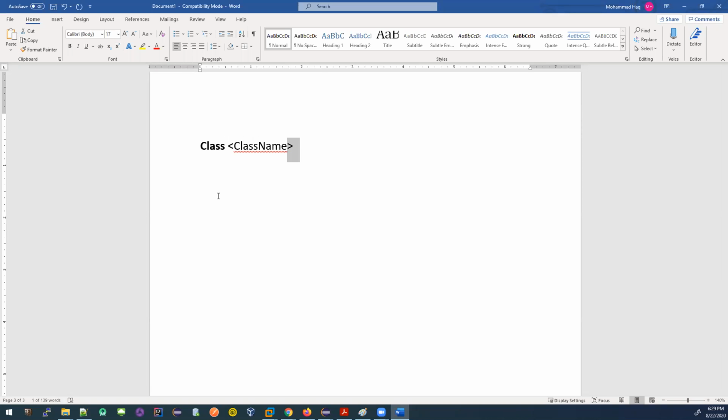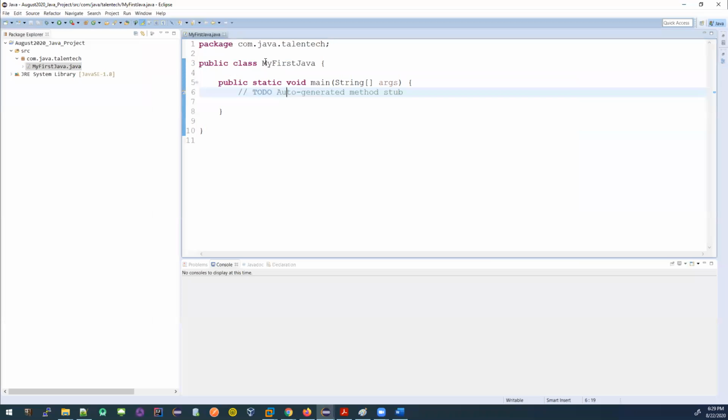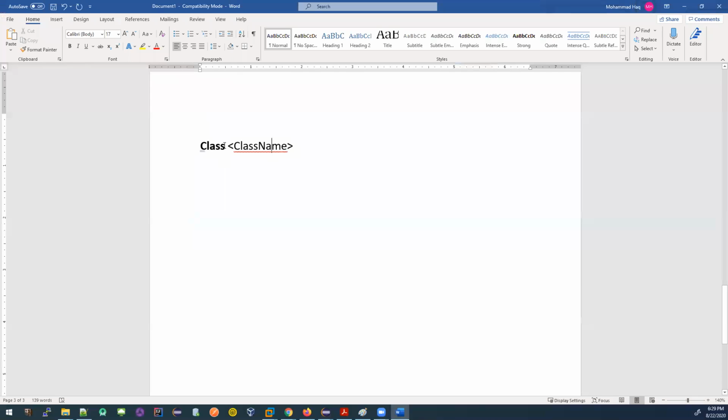These angular brackets I'm just giving to show you. Don't put the angular brackets around the class name. I'm just giving you an example. Here, did I give angular brackets? I didn't, right? Don't worry about the public right now. Don't follow it literally. The class is the keyword, and class name is the name you're giving for the class. Then it will have curly brackets, start curly bracket and end curly bracket, right?